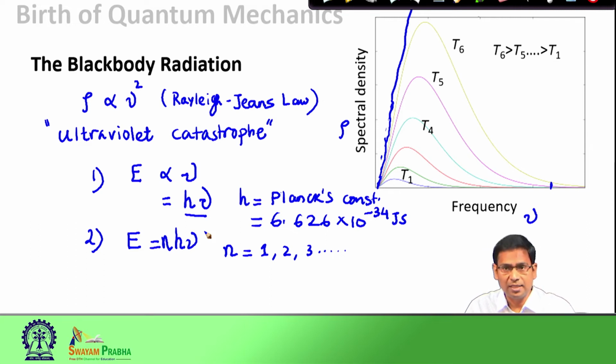However, at that time these two assumptions were quite revolutionary. For example, when one says that the energy of the oscillator is not continuous, that means the oscillators cannot have any energy; rather they can have only some discrete values of energies like 1 h nu or 2 h nu or 3 h nu or 4 h nu. This discrete, or quantized, nature of energy was very perplexing, because so far we always thought